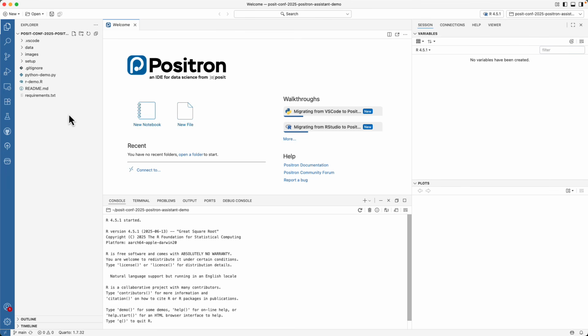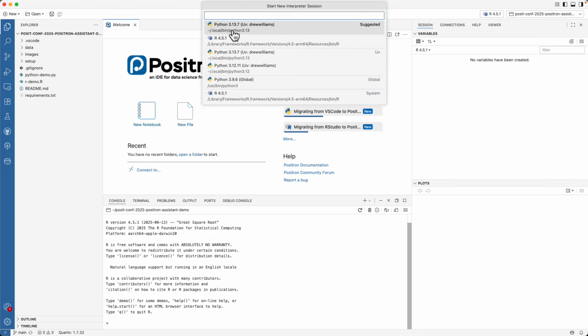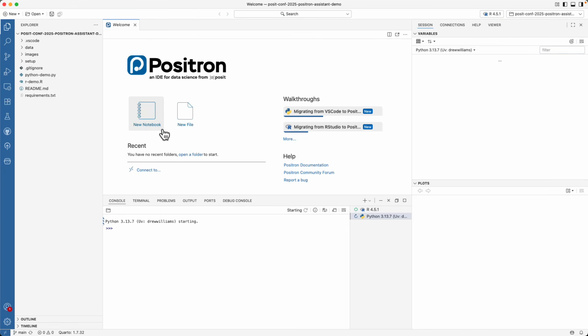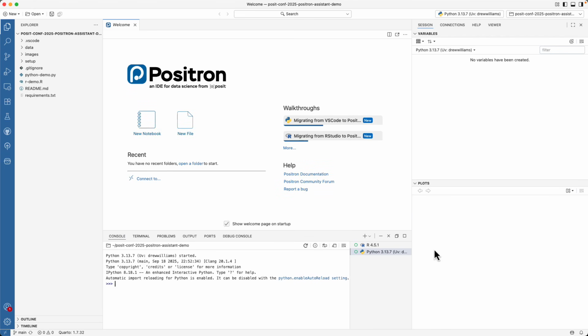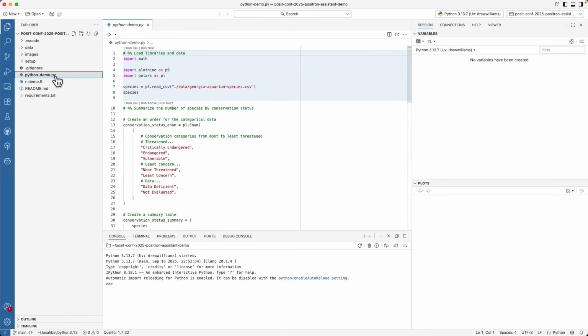So let's say we want to run our Python demo. I'm going to switch my interpreter since it selected R for me. So now I am in Python. You can see R is still open. Since I'm not going to need it right now, I'm going to go ahead and close it and just stay with Python. And then I'm going to open up my